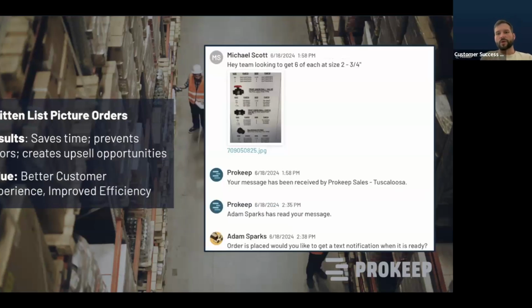Additionally, we also have the ability, through the use of picture messages, for your customers to provide you with a written list, or a list that they have maybe taken from your website, of the specific things they're looking to purchase and order. This also gives your team the opportunity, once that customer has texted in with that specific order, instead of having to have them write that down over a phone call, maybe it's 5 items, 10 items, or whatever the case may be,